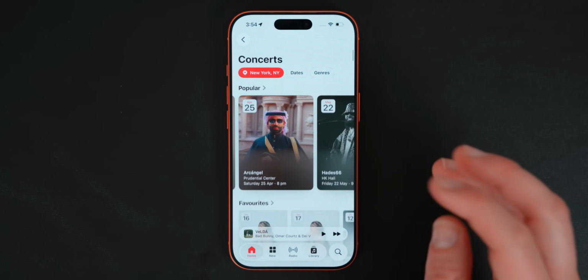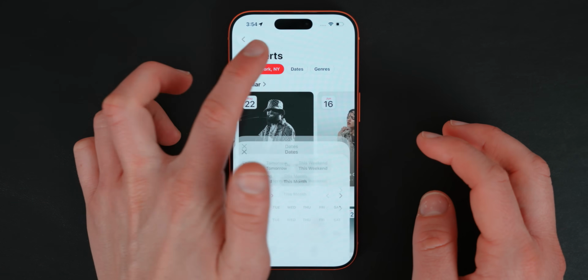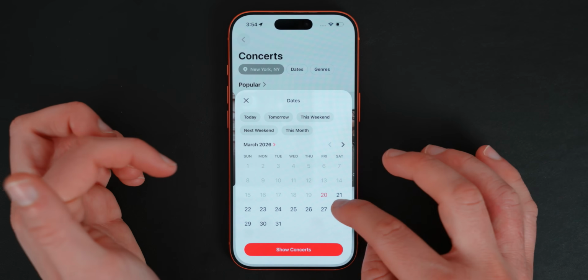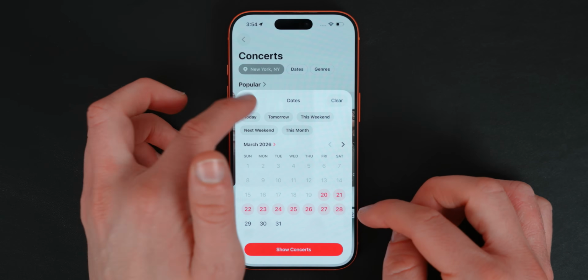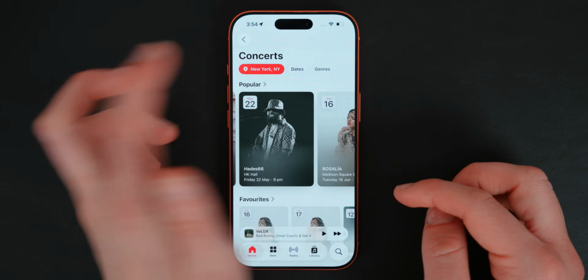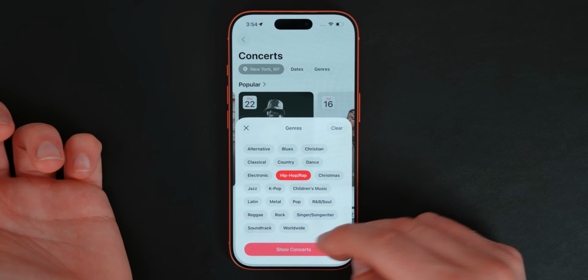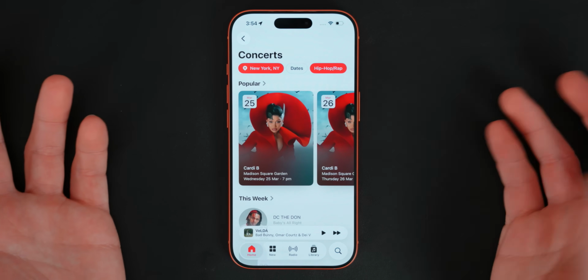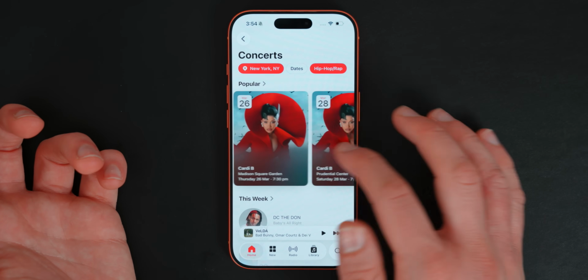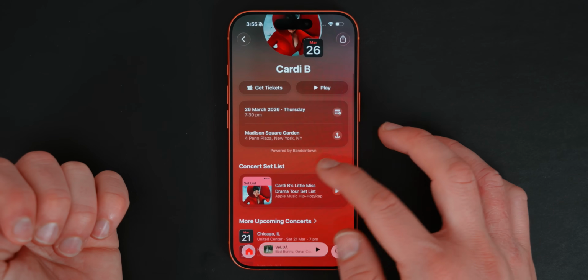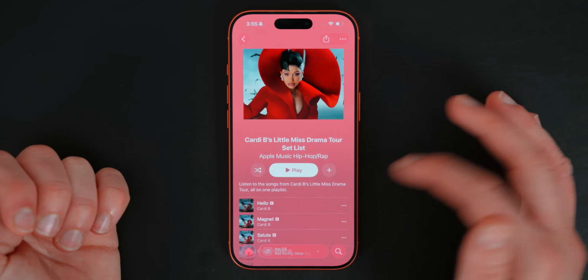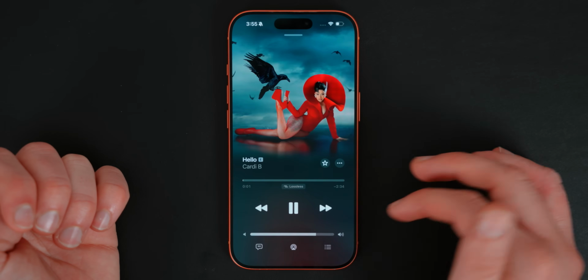It's such a cool feature because it basically grabs your entire library of artists and will filter all of those. You can even select specific concerts by specific dates, or even by certain genres of music. So maybe you're into hip hop and you want to see upcoming shows of hip hop around the area. You can see Cardi B is playing at Madison Square Garden. Once again, set list, start playing right away. Super cool new feature. Now, outside of Apple Music, Apple's also updated a couple new features, including some redesigns, including